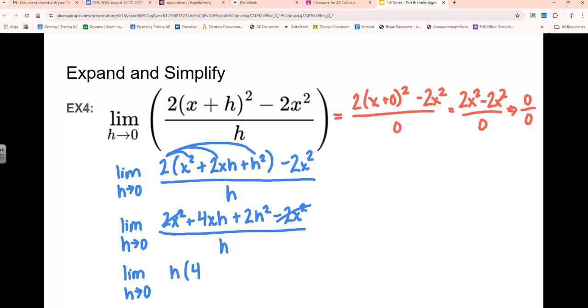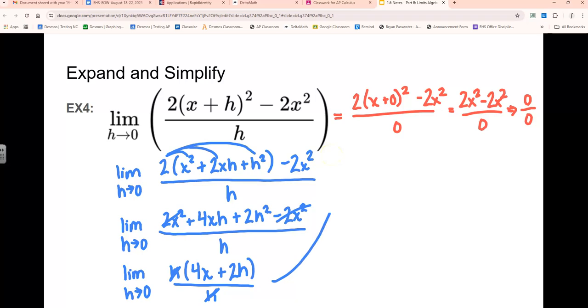You can do it either way. You can factor out the 2 if you want, or not. The h canceling is going to be what's really important for getting the right answer. So you can take out the 2 if you want, or not take out the 2. You'll get the same answer in the end for that. So it is really just up to you on that. There. And so the h will cancel,